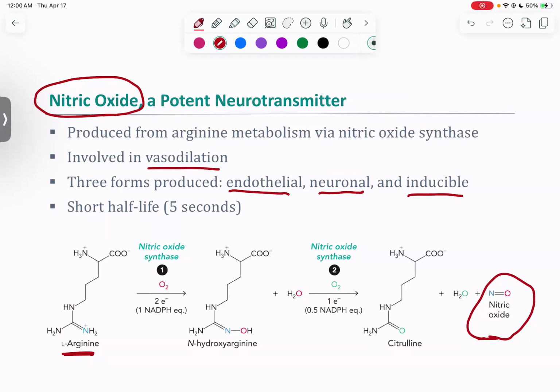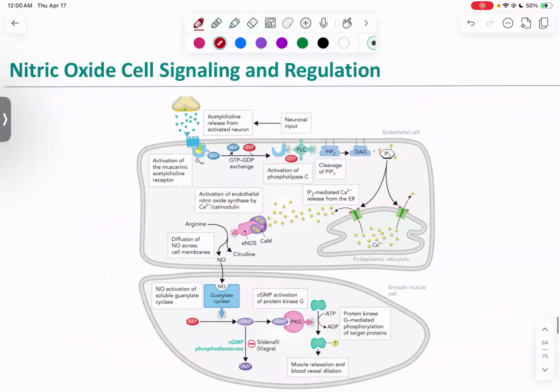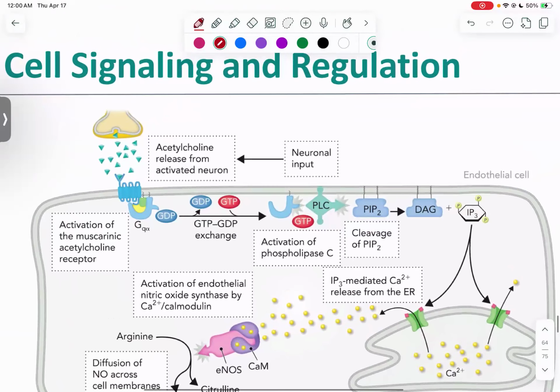And so what I want to do is look inside the cell and look at the pathway of where nitric oxide goes, and what the downstream signaling is. Most of this you really already know. We just never said where the nitric oxide comes from. So we'll get